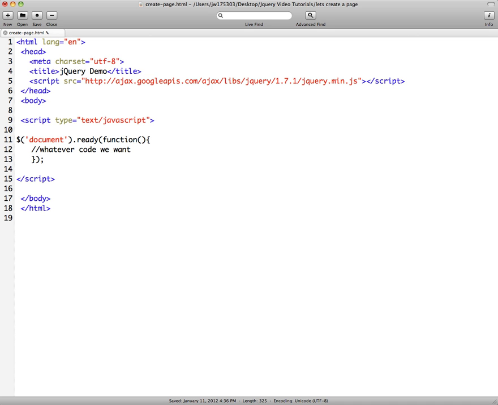The first thing we need to do is open up a script tag with a type equal to text/JavaScript. Then we're going to use the jQuery object model, the $, and in this function we're going to place the parameter document, then .ready, then function, this is an anonymous function, and then inside of that we can put whatever